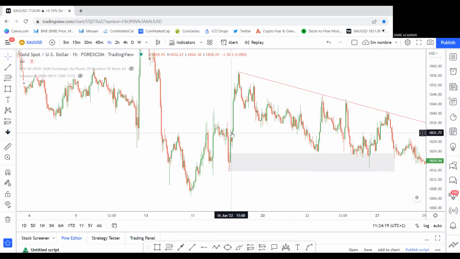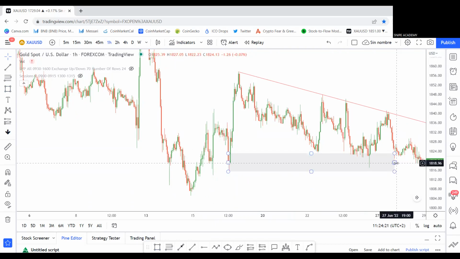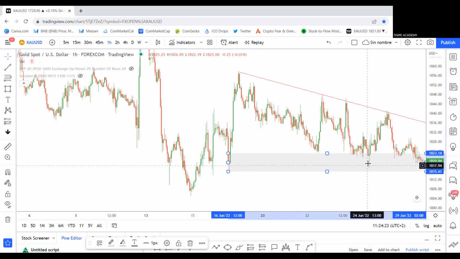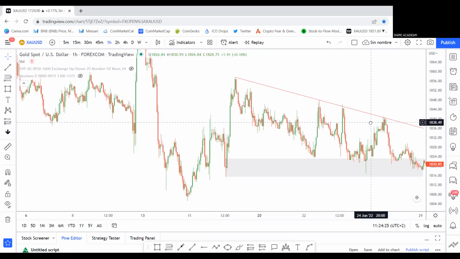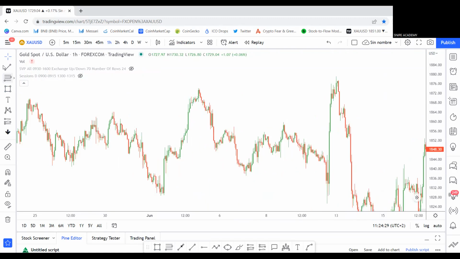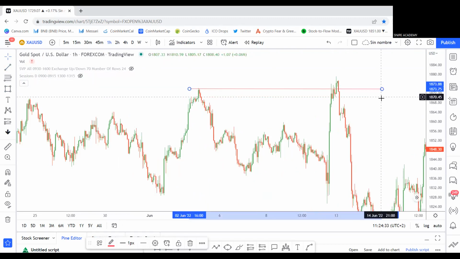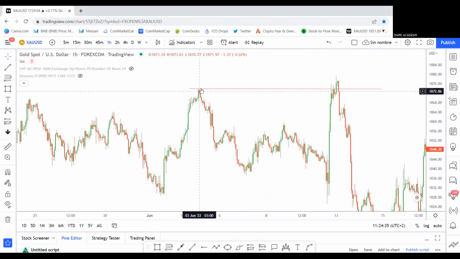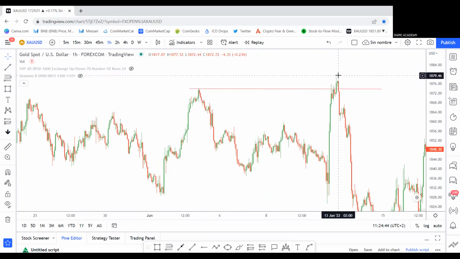You see the big institutional candles. So here we would draw a demand zone. And as you see here, we would have had a great trade. Support and resistance areas aren't always followed by a strong institutional move. As you see here, price formed the resistance, but the move wasn't institutional, it was a slow move. So when price came back, it faked out. You see how it faked out?